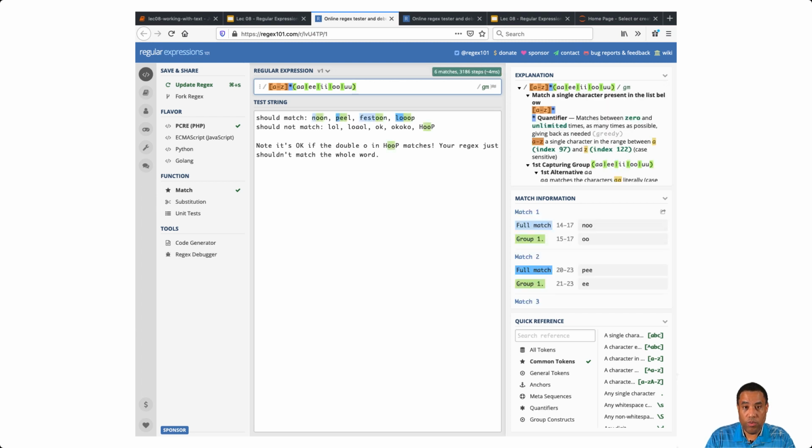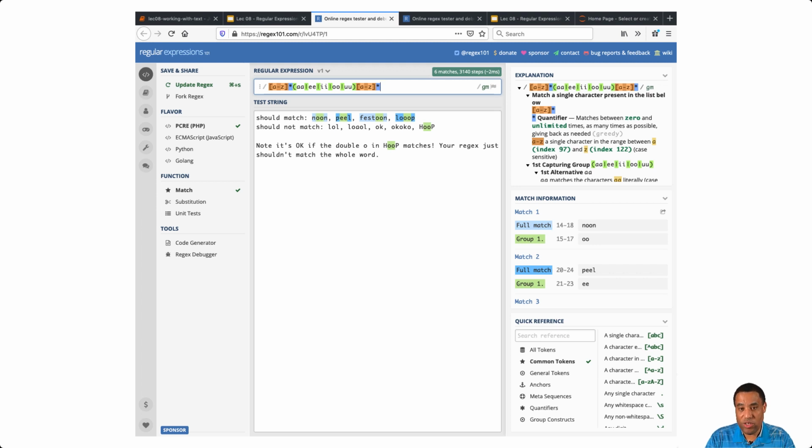So now, what are we going to have next? Well, next we want to have 0 or more lowercase characters, right? So there we go. All right, so now we're matching noon, we're matching peel, we match festoon, we match loop,